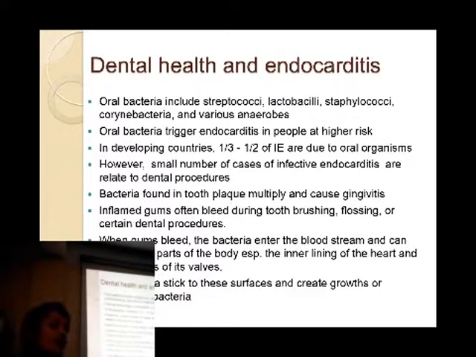And apart from getting lodged during the circulation, they have adhesive properties to adhere to the endocardium. So once they adhere, they multiply on those sites, forming pockets of bacteria, which later lead to vegetation formation. So that is the development of endocarditis,